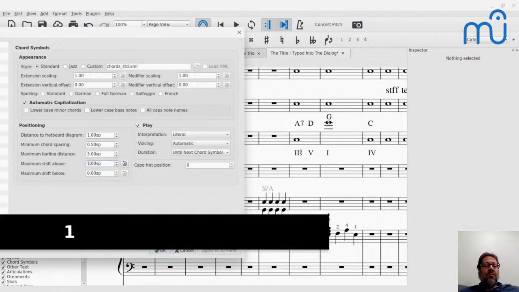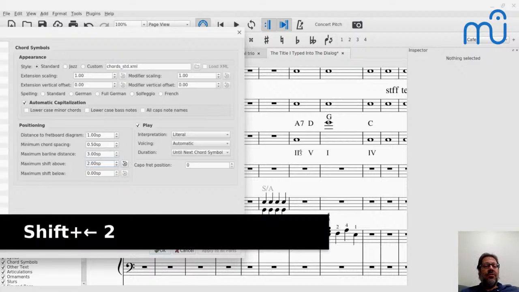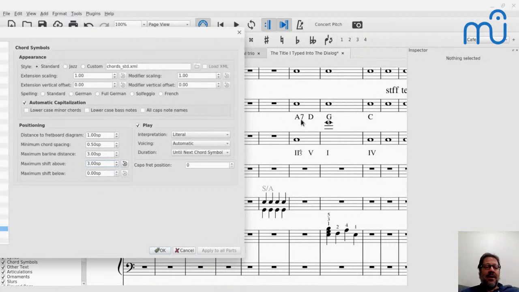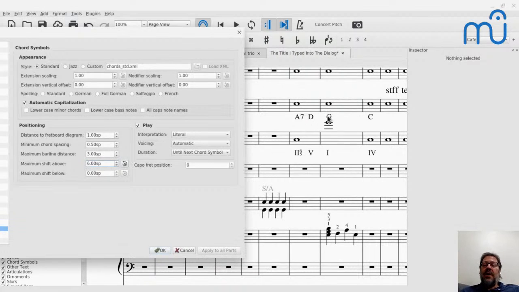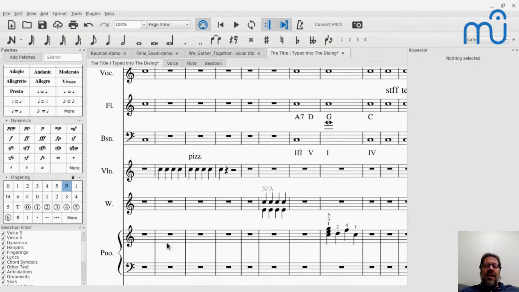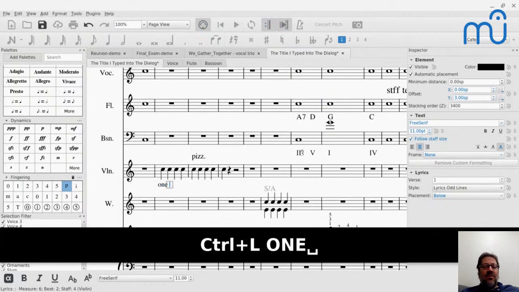So like if I tell it to only move 1 staff space, nothing happens. If I tell it to go ahead and move 2 staff spaces, still nothing. But if I tell it to move 3, now, okay, it went ahead and aligned it. And then if I tell it to move 6, it's not going to move it more. It just means, if necessary, it will move it as much as 6 staff spaces. So that's how to align things above the staff, and you can independently control the alignment of things below the staff.